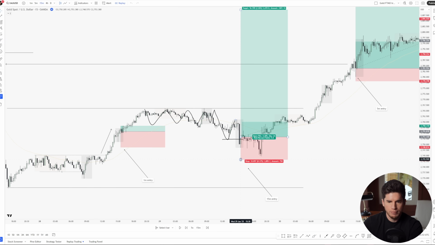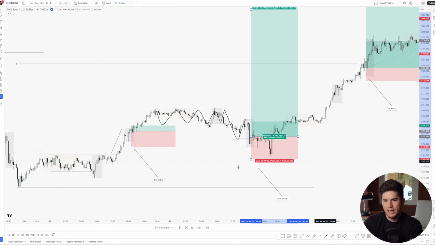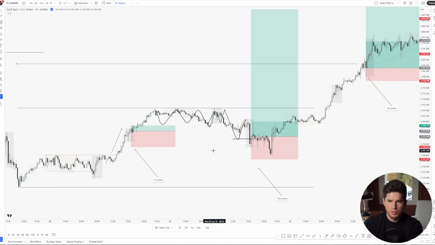Now, I have a good stop loss, giving myself breathing space, which is exactly the reason why we don't choke the trades. This could have easily taken me out if I had a slightly tighter stop loss on this, but I didn't. And looking to the left, I could have even gone a bit deeper with this under these lows here, but I'm thinking that thought process at the time, if it's going to go much lower than that, then it's probably going to come lower and take me out anyway. So just one of those things, the market isn't perfect. Sometimes you'll be right, sometimes you'll be wrong.